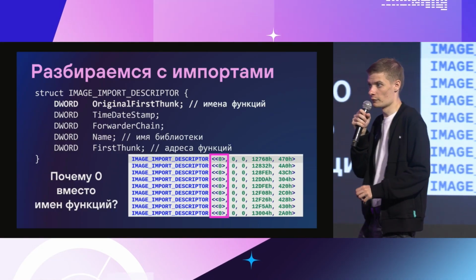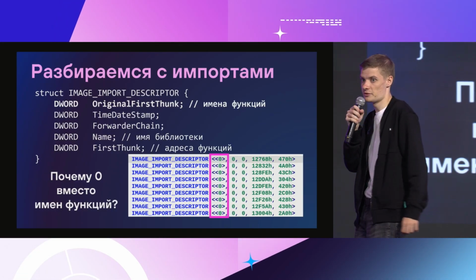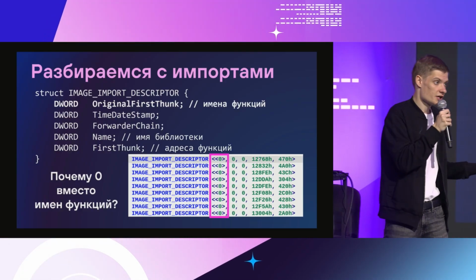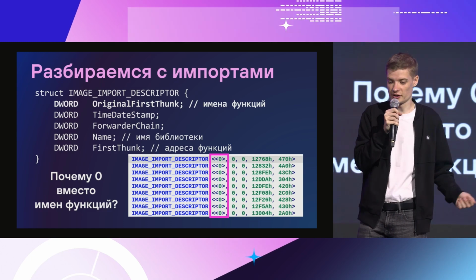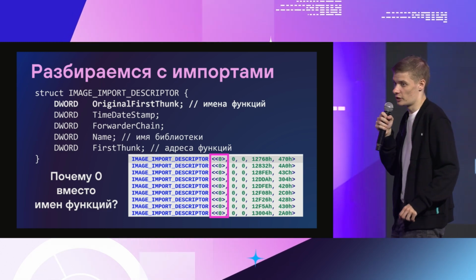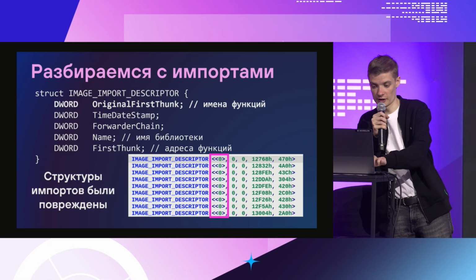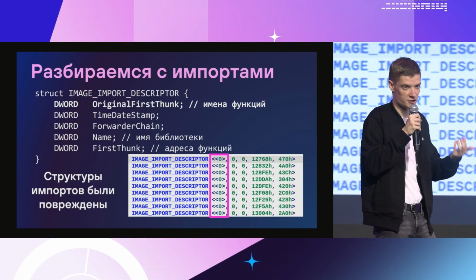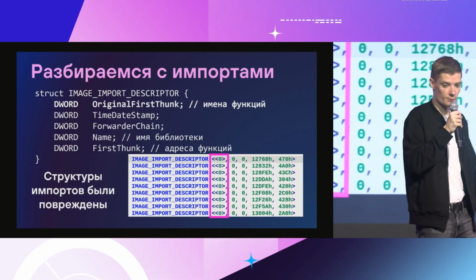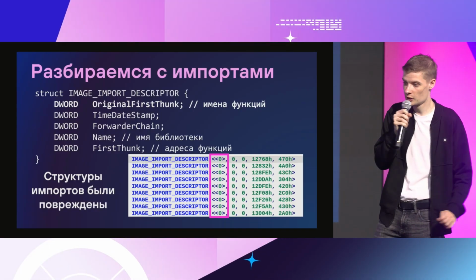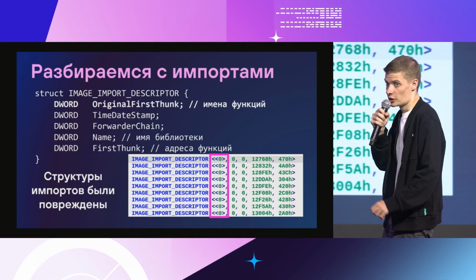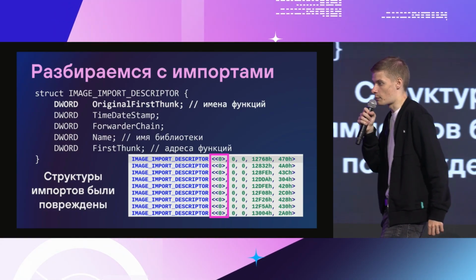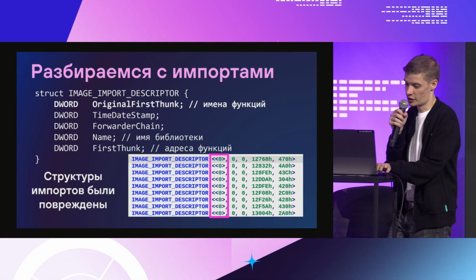And here it's worth mentioning that we are dealing with the PE file structure. This example is not a purely executable PE file. It's shellcode, and what the hackers did, they purposely damaged the imports structure. Information about imports is not in the first field of the structure, it's somewhere else. In order to understand where it is, now we need to analyze other fields of the structure,